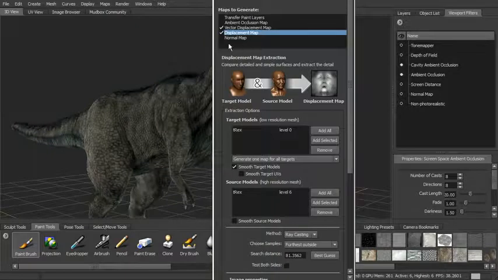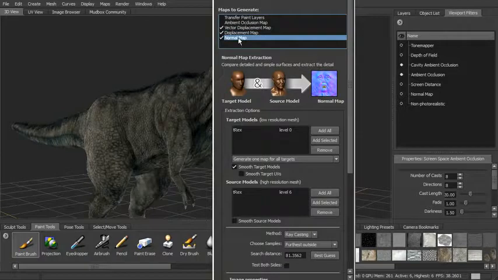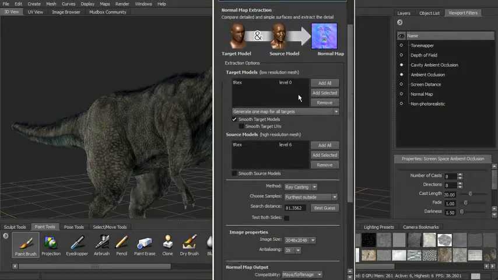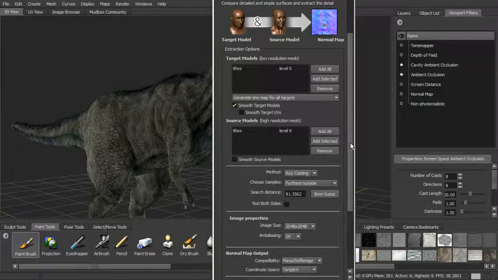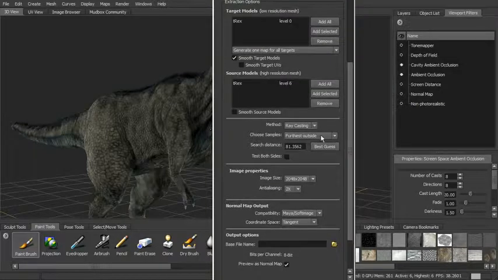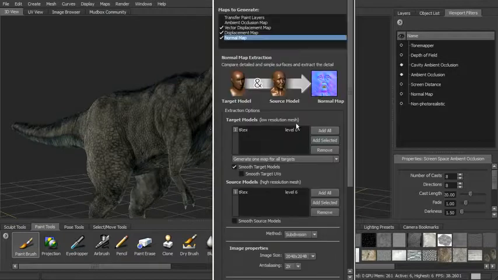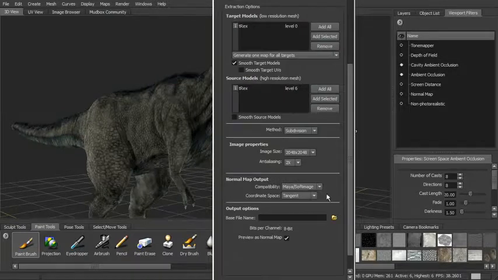If we want to see it in real time in the viewport or in a game engine, we can use a normal map, and so I can select a normal map. We've still got the same settings here. We're using level 0 and level 6. Okay, the methodology is the same. If we want on this one to use subdivision, we can do that. Okay, we've got the compatibility for the normal map, and we'll go ahead and set that to Maya